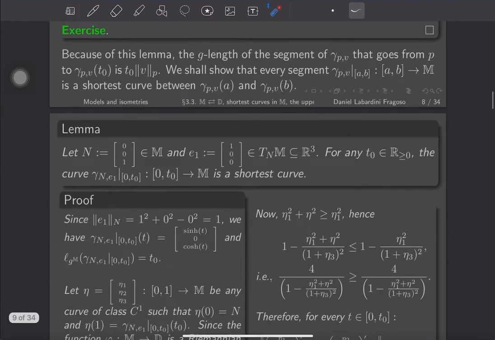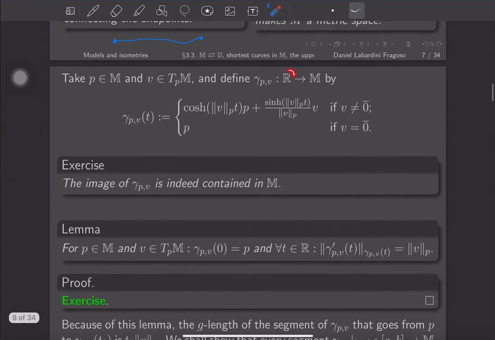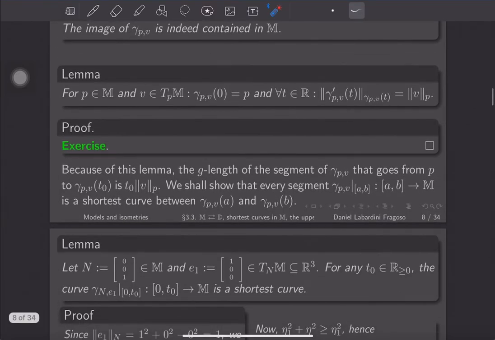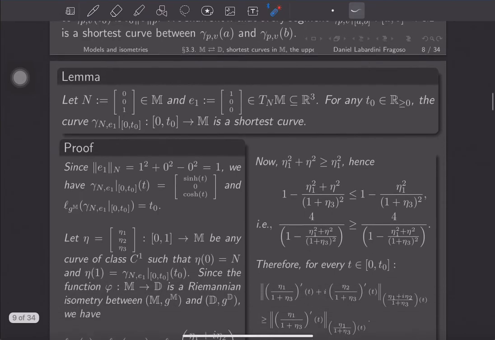But that's going to be what happens, right? This is really defined for all real numbers, so it's really an infinite curve. But whenever you take a finite segment, it's going to be a shortest curve between the extremes of the segment. Yeah? Okay,